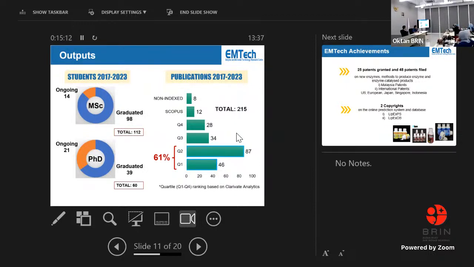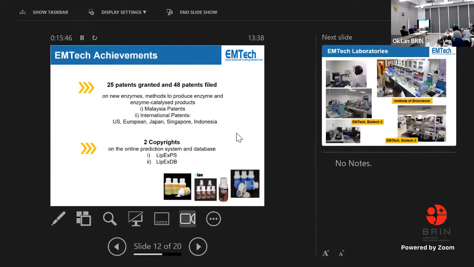This database has been used by universities all over the world on top of Scopus, which will have their own ranking. So we have an additional rank used by our university, particularly those categorized as research universities. UPM is one of the universities categorized as a research university in the country. We have five of them. Of course, students graduating on time and able to produce such papers has been tremendous to us.